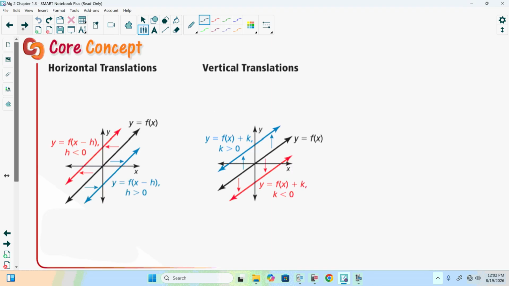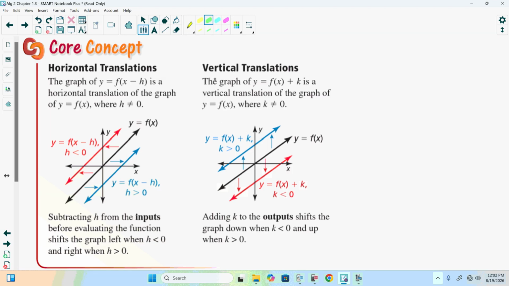What we're doing today is talking about applying transformations to a function. The main two we'll be looking at today are horizontal translation and vertical translation. Now, you don't need to write all of this. The main thing we need, especially since